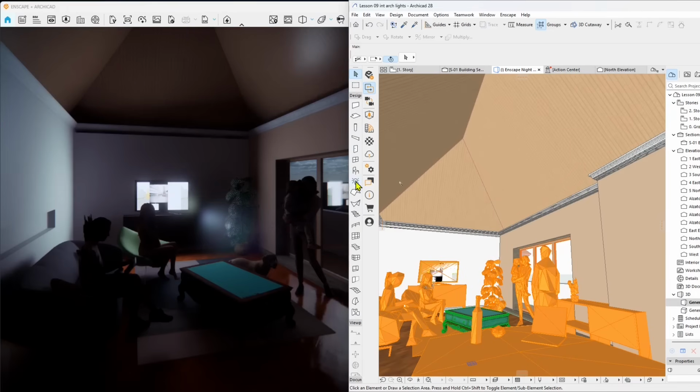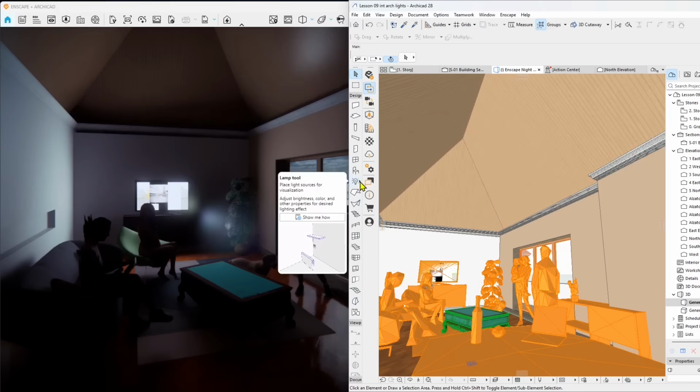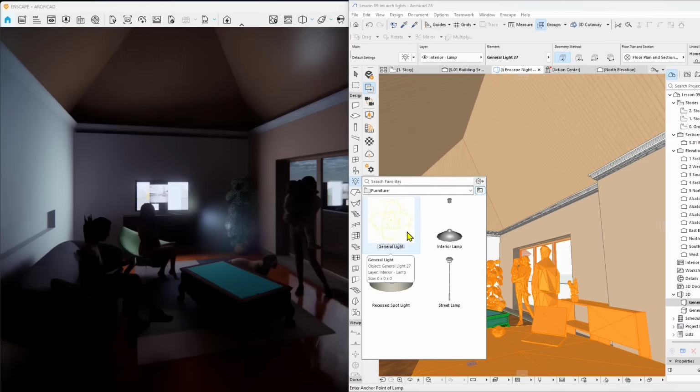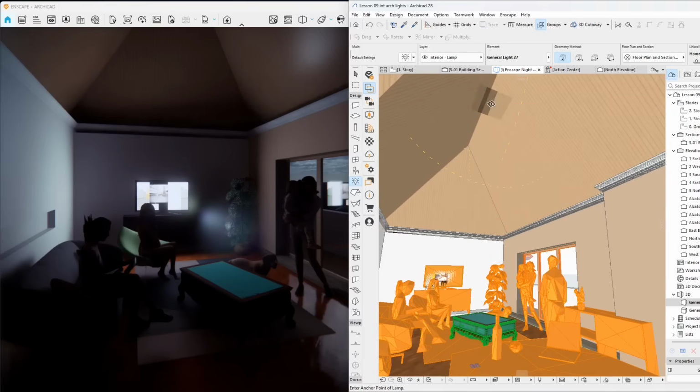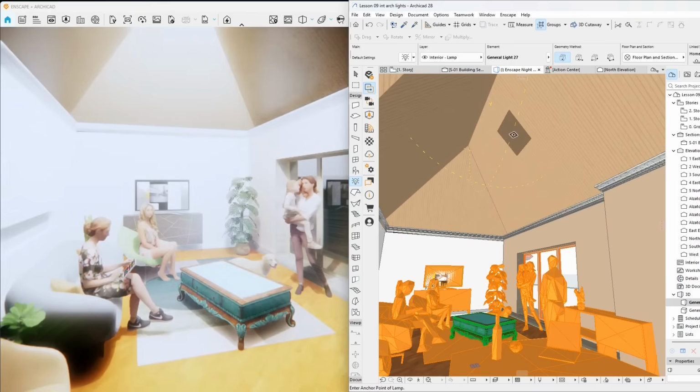I'm going to go to the toolbar on the left in ArchiCAD, and this is where I find the lamp objects or lamp tool. Here I can add a recessed spotlight, I can add an interior device, an exterior street lamp. These are just examples. You have also other libraries that you can use in ArchiCAD, but I'm going to go with the general light because all the others work in a similar way. So I'm just going to use the standard lighting device. And again, if you want to know more, you can go in the ArchiCAD course.